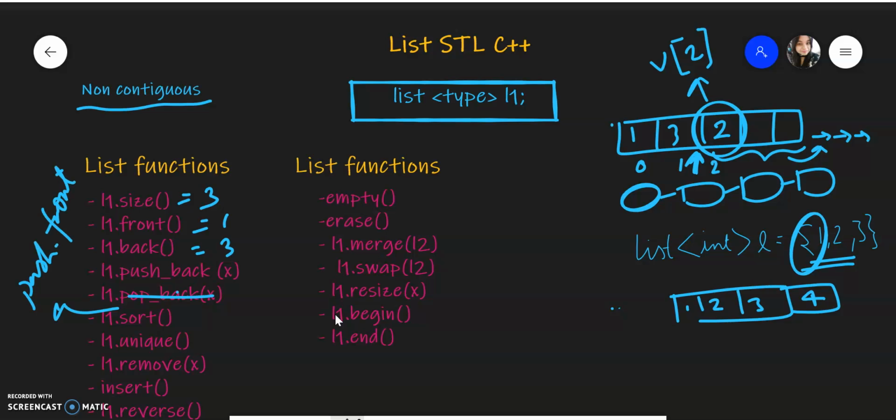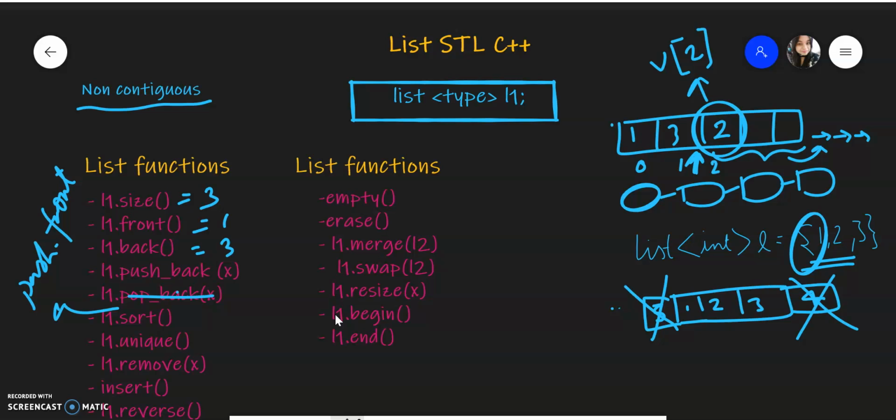Push back will add at the last and push front will add at the beginning. Like push back and push front, we also have pop back and pop front. When you do pop back, it will remove the last element. When you do pop front, it will remove the first element.